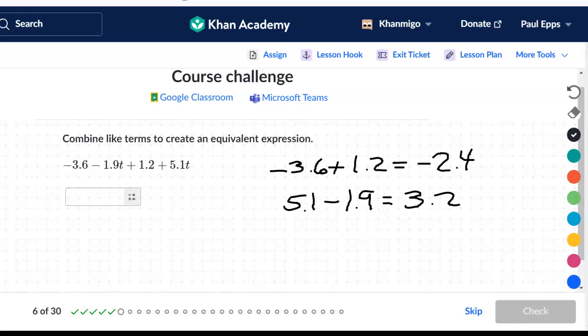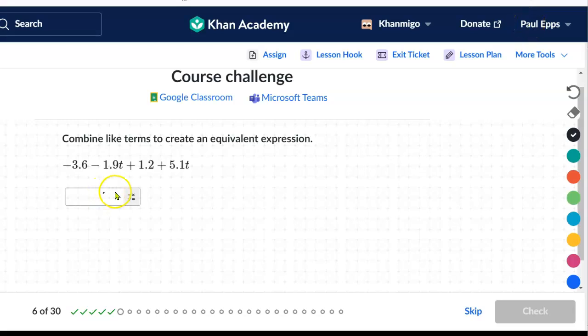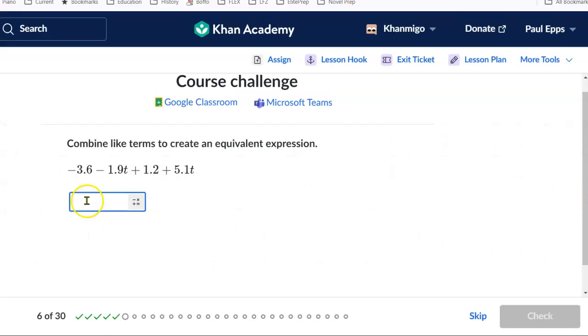Well, I don't know if I can type an answer while I have the drawing on, but the answer is going to be 3.2t minus 2.4. Sorry, I had two different drawing things going on there. Okay, 3.2t